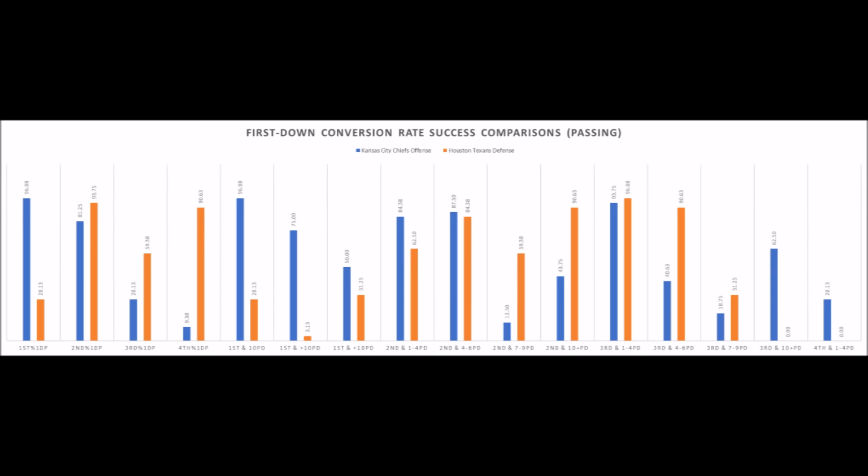But it's really hard to do. This isn't an easy thing to do. You have to stop the run, and you have to put them in third and long situations. That's not easy to do, but if you're asking me how to stop this Chiefs offense, that's how you do it. It's hard to do when you have such an efficient running game and when you also have such efficiency in